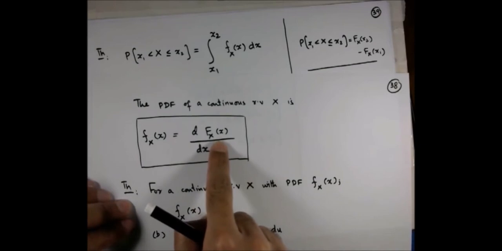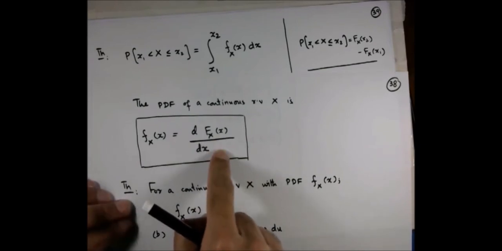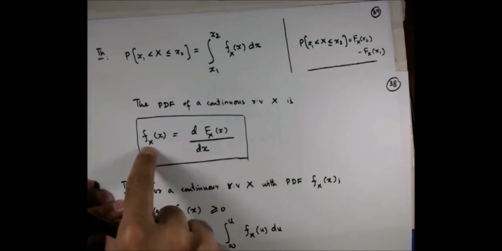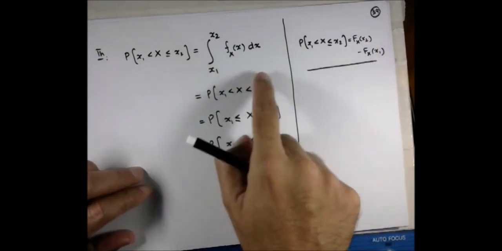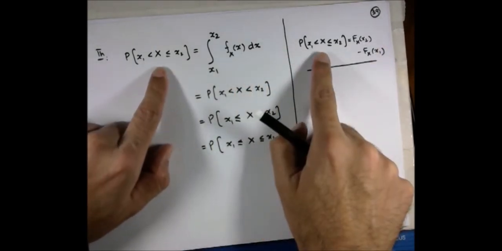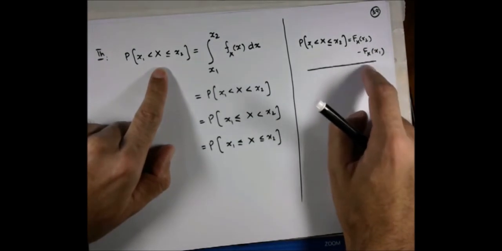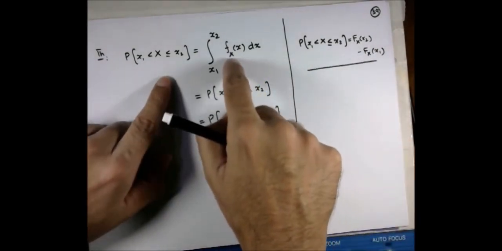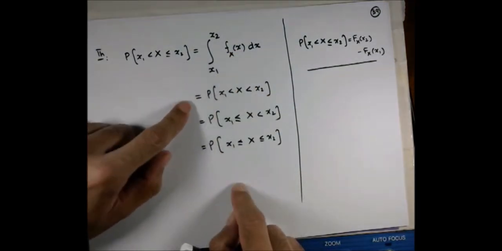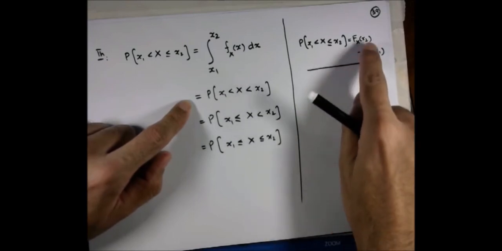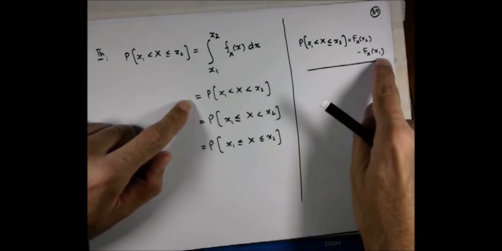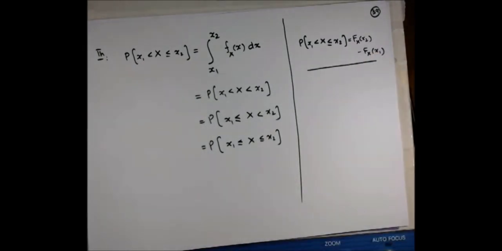If you have a CDF expression available, you can simply differentiate it with respect to the variable and find the PDF expression. So if you have both these expressions available, to find the probability of a meaningful interval, an interval of your interest, it is always quick and easy to use this particular formula rather than this one, because this may involve some complicated integrations, but this is simple. You simply use the expression, plug in the values in the argument, and you subtract and you get the probability.